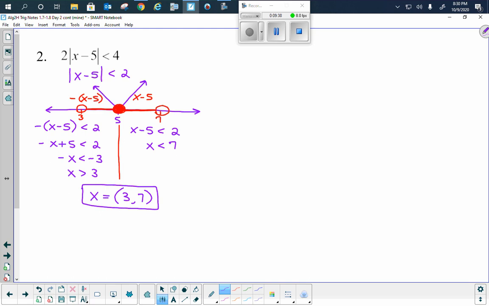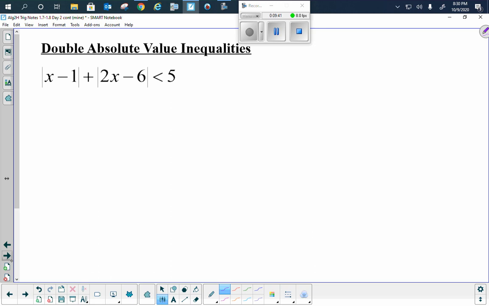Okay. All right, double absolute value inequalities. Just like we saw when we did double absolute value equalities, when we did equations. Same kind of thing, guys. So notice your critical points that you're going to put on your number line would be 1 and also 3. Okay, so do the best you can to get yourself enough room to figure out what's happening here. So there's 1, there's 3,